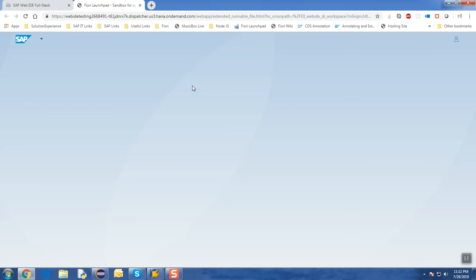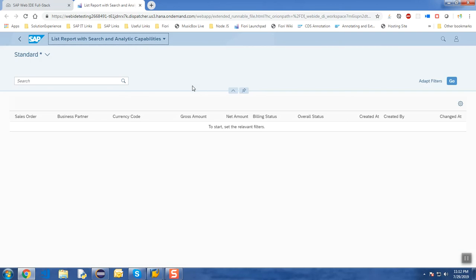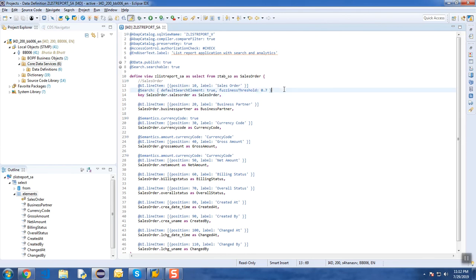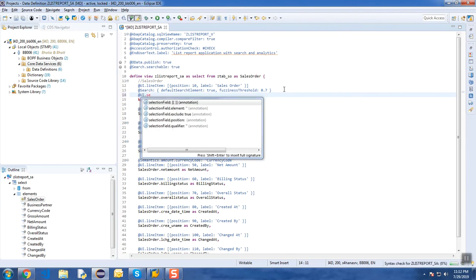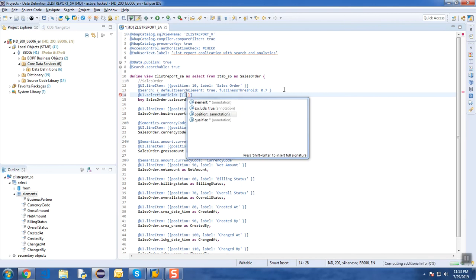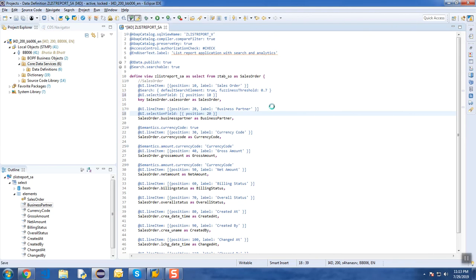In order to have a fixed selection criteria, it has to come from the annotation. In the previous example, we added this UI.selectionField annotation from the UI layer itself. Now we will be adding it in the CDS view itself. To add that annotation, I'm going to add the annotation @UI.selectionField, in which I'm going to give the position property, that is the sequence in which it has to be executed. So I'm giving the UI.selectionField annotation for the sales order and then for the business partner. So we'll activate this CDS view,